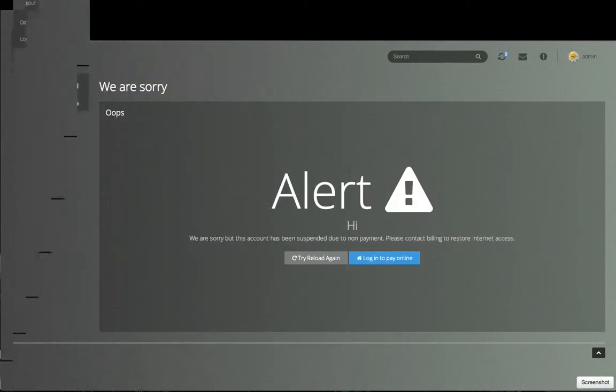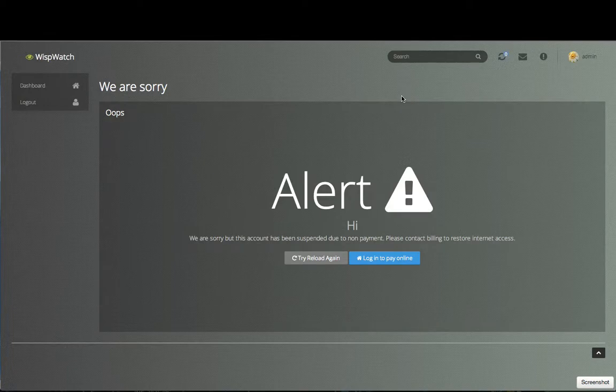Another nice feature of WispWatch is that we support external triggers for alerts and messages and redirects. A few use cases would be, in this case, a trigger has been sent to say, hey, this customer coming from this IP address has not paid their bill. So a message is generated, and when I try to access the internet, this is the message I get. It lets me know that this account has been suspended due to non-payment and I need to contact billing to